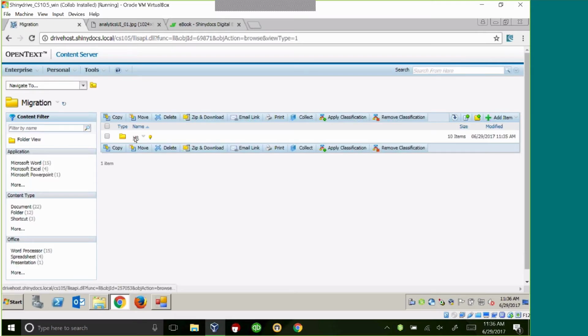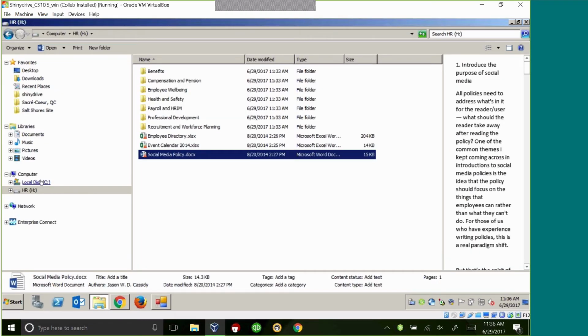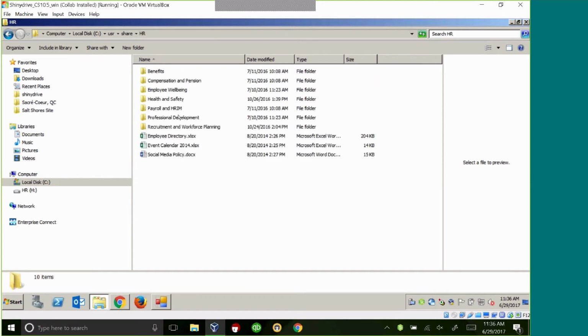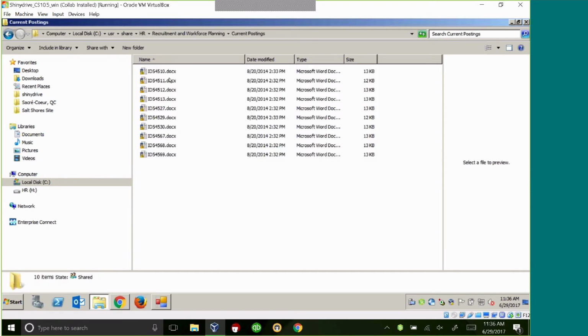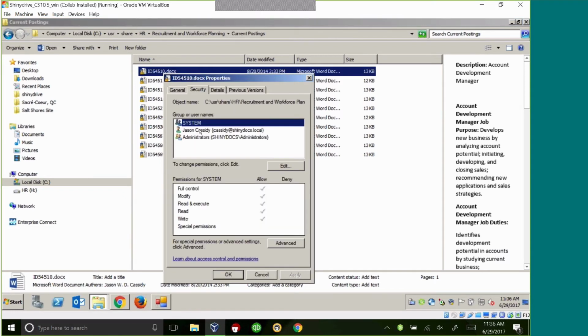And if we have a look, hey, the original create dates and modified dates are still intact on every one of the documents. And what's even more interesting, if I go back to the original file system where I'm picking up this information, things like permissions are fully intact as well. So this document here has security group permissions associated with it and has a discrete user for this JCASD user.